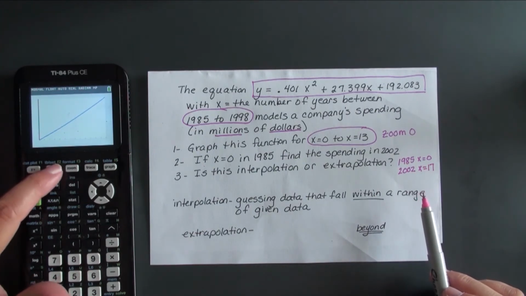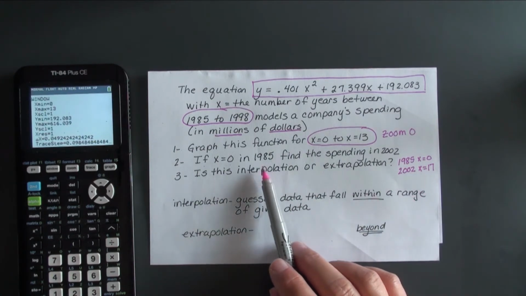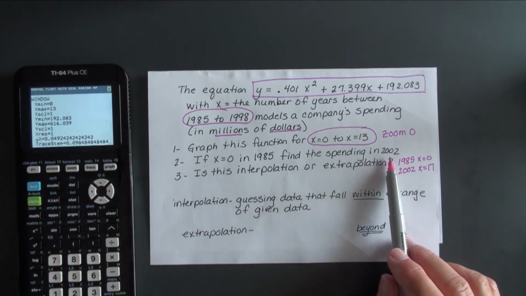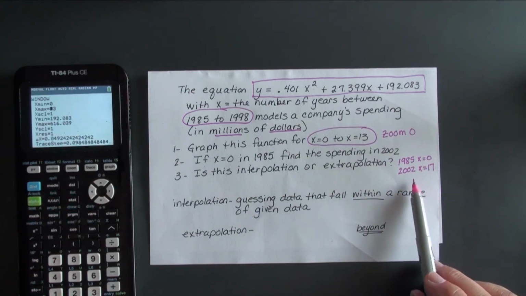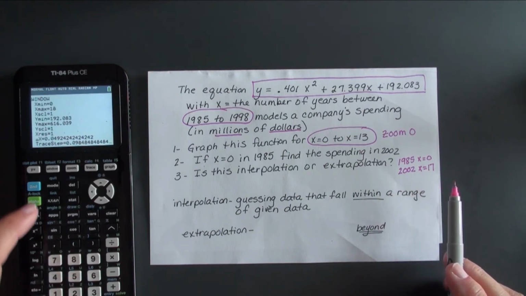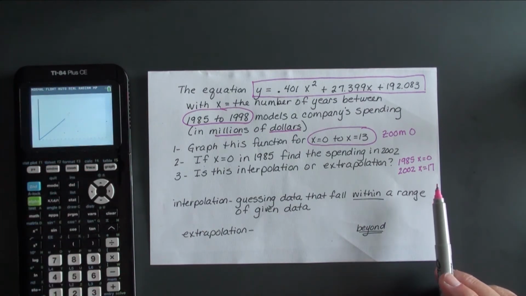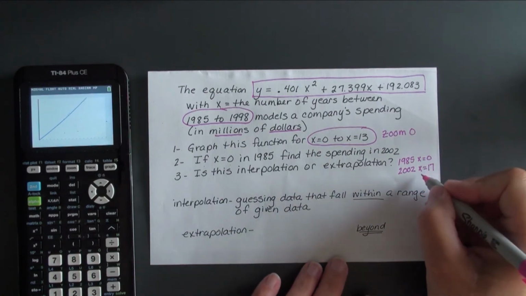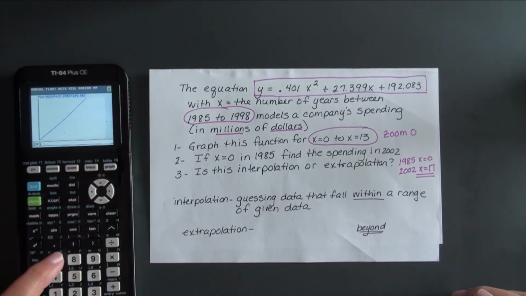Now, if we go to our window, remember our x values only went up to 13. So in order to determine what the spending in 2002 was, we're going to have to change that x maximum to something larger than 17. And I'm just going to choose 18. And I'll press graph again. And now if we want to find the spending in the year 2002, we will just press trace 17. And I get